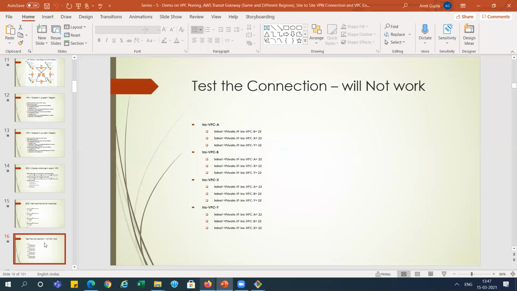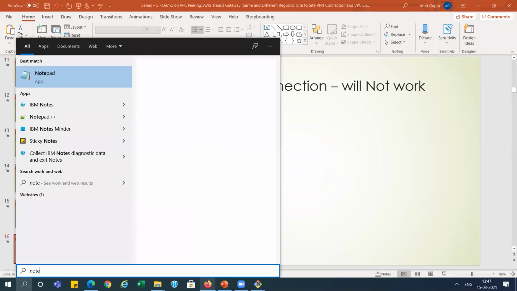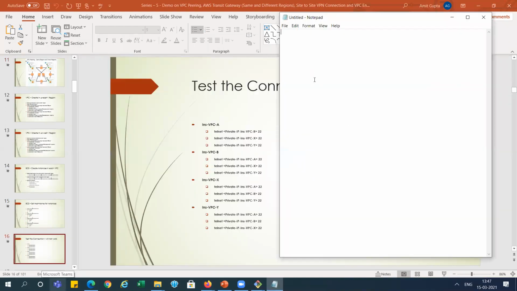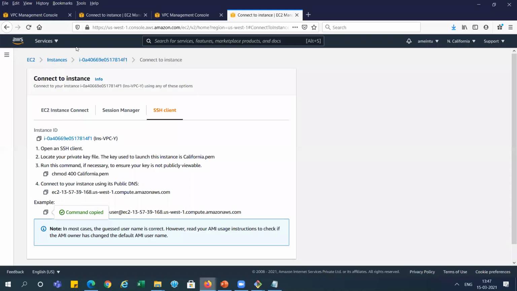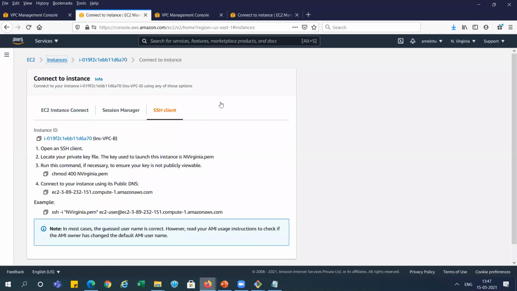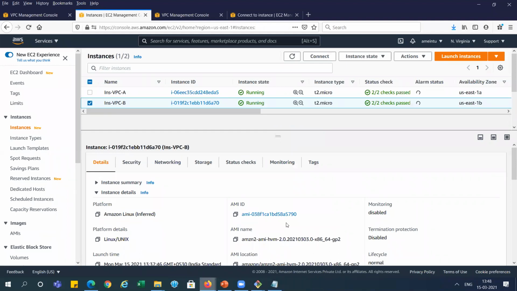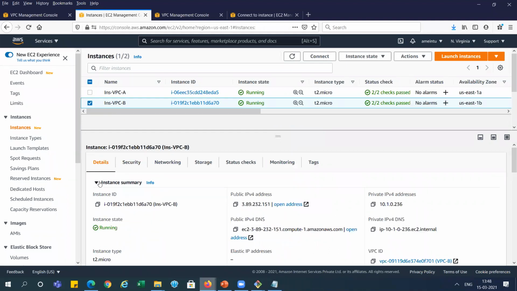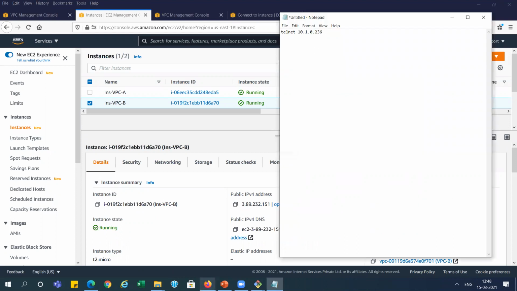So this is the step you can see we have done it from VPC A. We need to telnet the private IP for B, X, and Y on port 22. So it is better. I will open the notepad and create this query right over there. So for telnet, we need the private IP, right? So we will go over here and check what is the private IP for B. You can see the private IP for B, this one, right? This is the B instance private IP. So I am opening here 22, right?